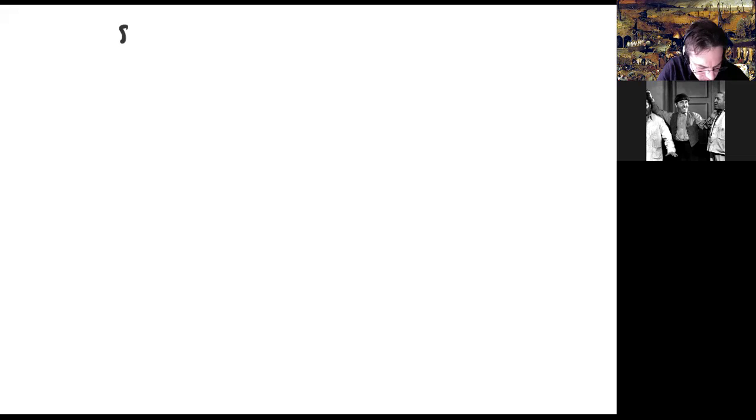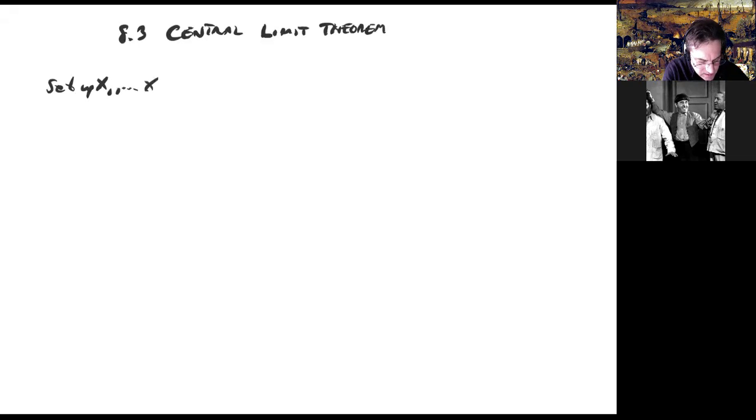So 8.3, the central limit theorem. I'm going to formulate it in two ways. The book only formulates it really in one way. So the setup for the central limit theorem is you have an infinite sequence x1 through xn all the way, infinitely many